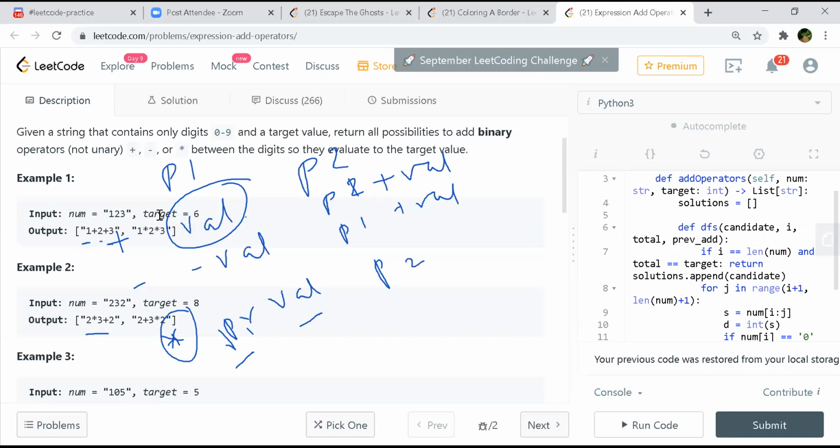And when we add this at the end, we can say P1 plus P2, and compare if it is equal to target. So we'll have to have two different terms to compare. So are we not keeping track of the last operand? Last operand, you mean what was the last value, right? Either 1, 2, 3, the last digit we have encountered. Yeah, that's what I was thinking about. We can keep that in P1.